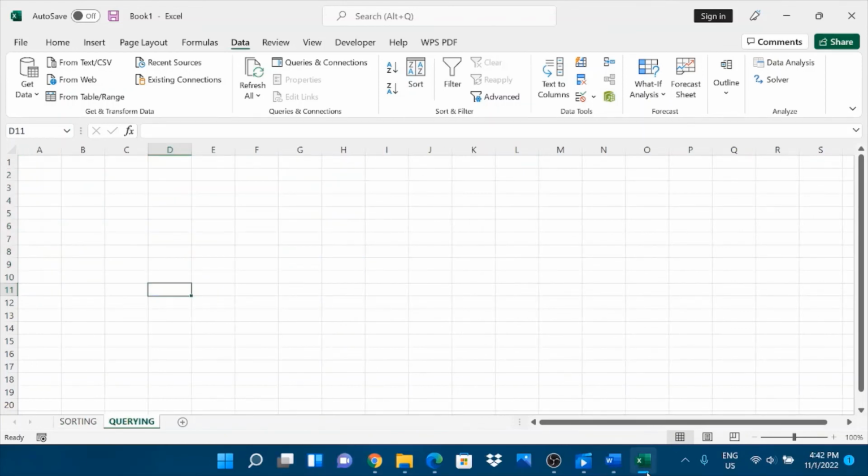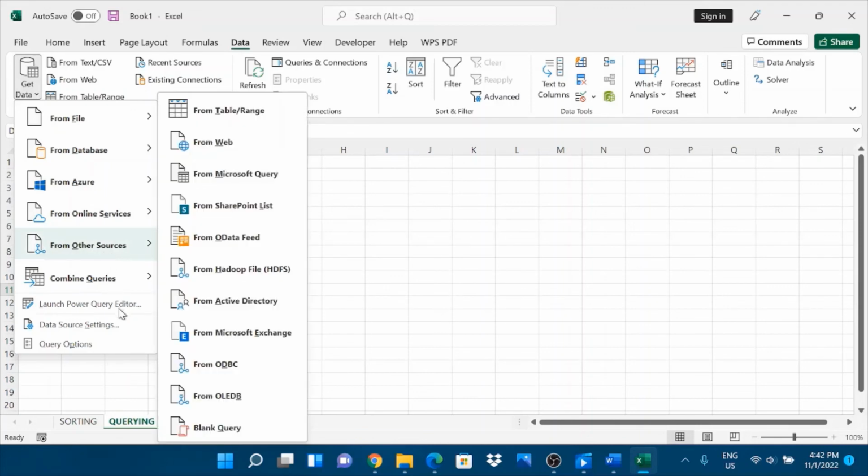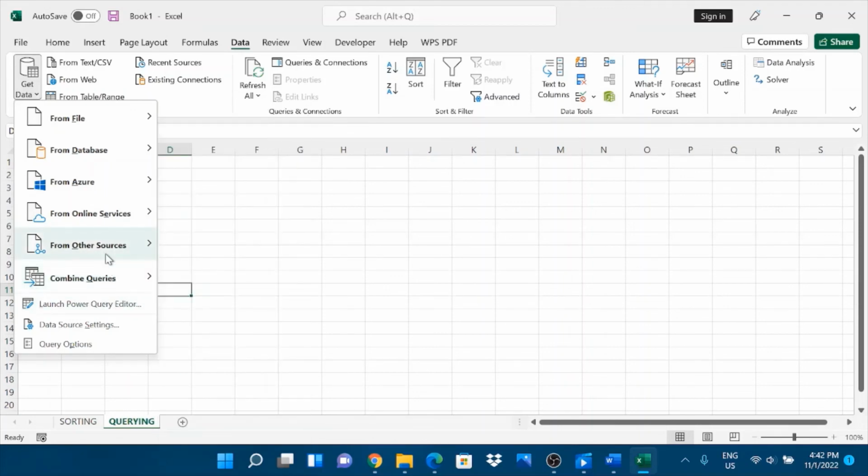Next, as we move on to the querying part, when you click the data icon, all the queries and the connections for the queries, and also the connection to Power Query have been added. And since we want to merge our data here,